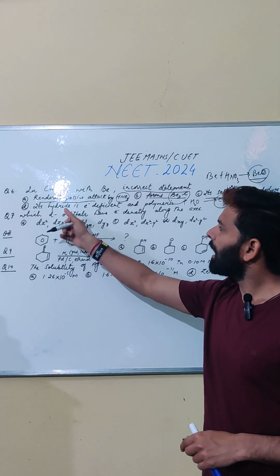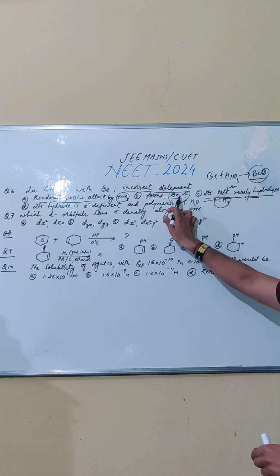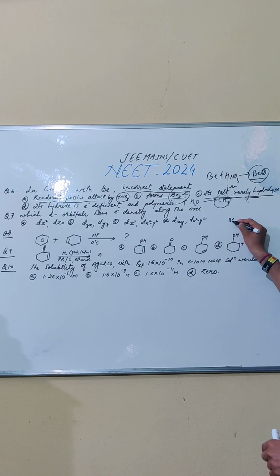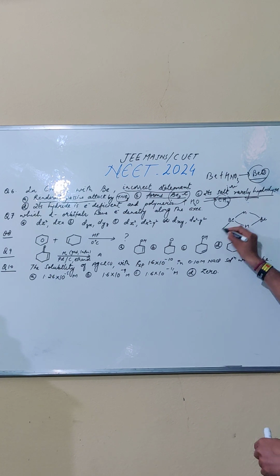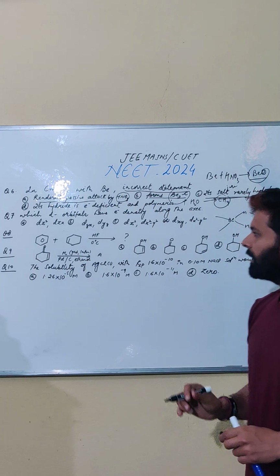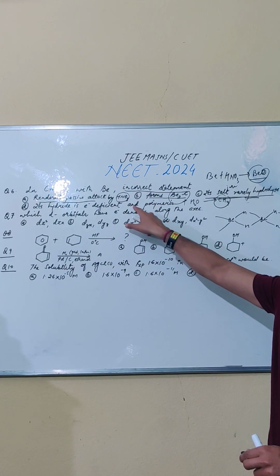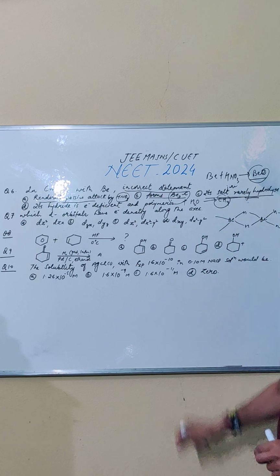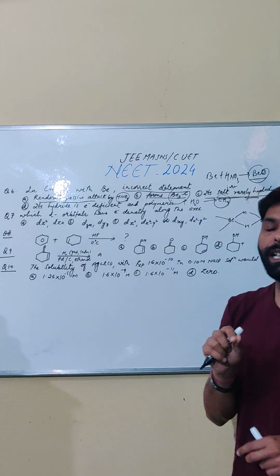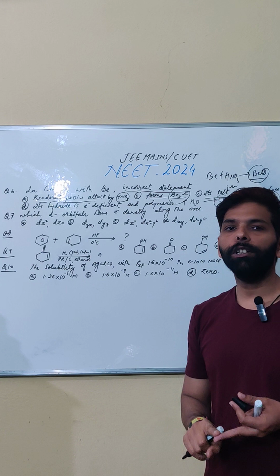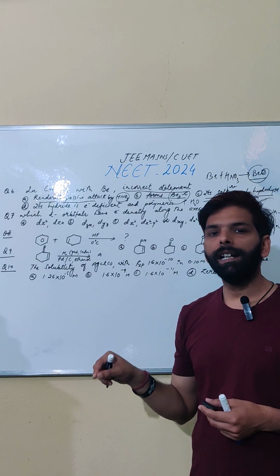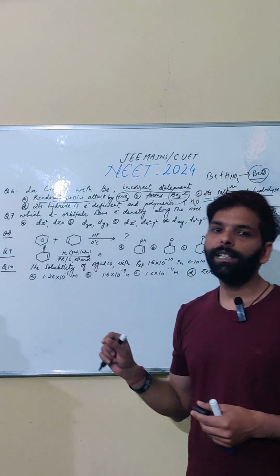And last, its hydride is electron deficient and polymeric. This is also correct. Beryllium has this type of hydride structure, and beryllium hydrides are electron deficient. So the other three options are correct, but its salts rarely hydrolyze is incorrect. You have to remember that in S-block elements, beryllium and lithium are the most important elements. Their compounds, their hydrides, their oxides, their halides are very important.